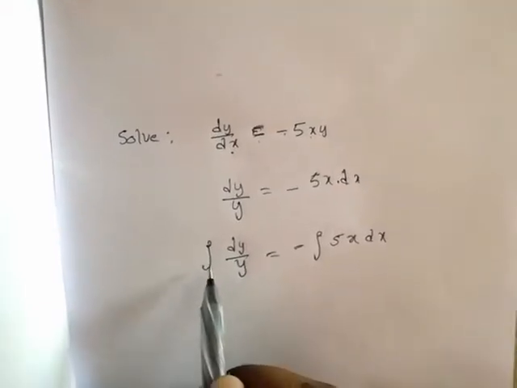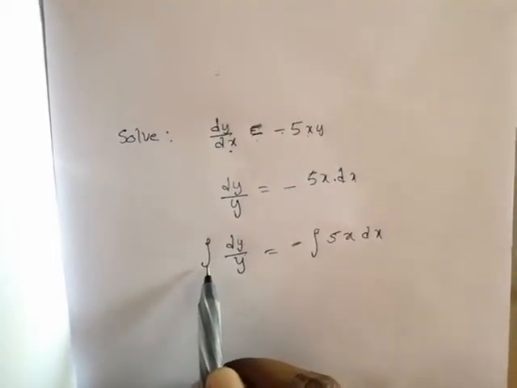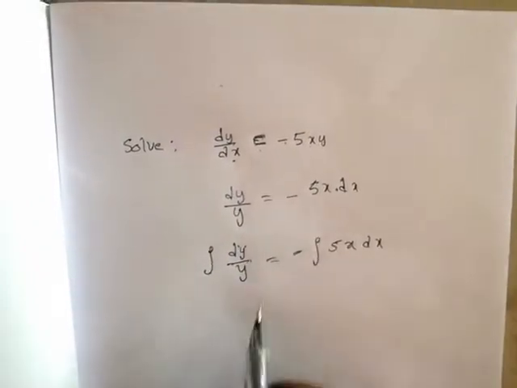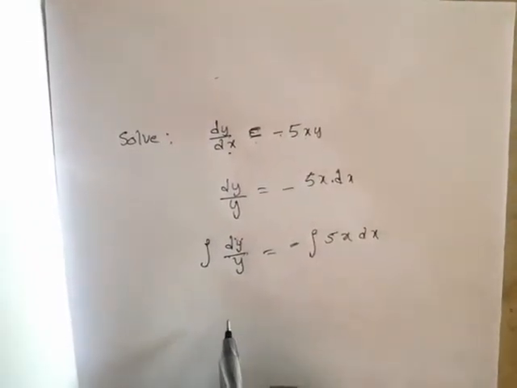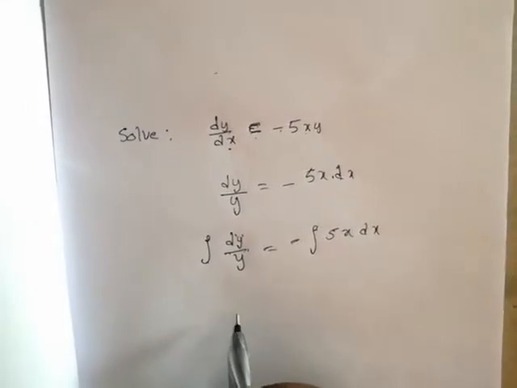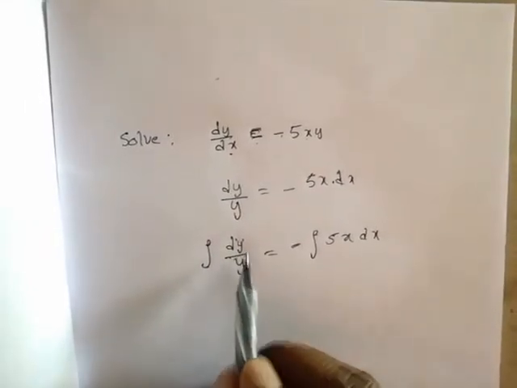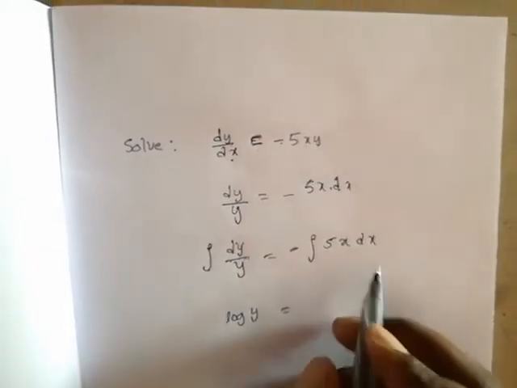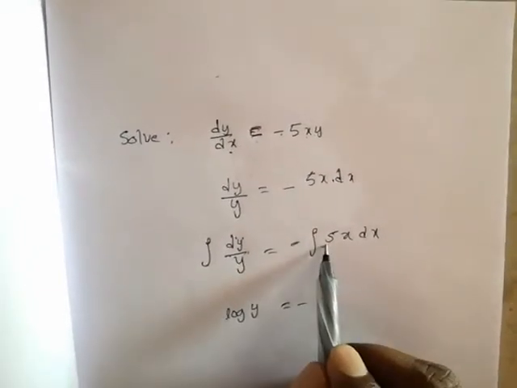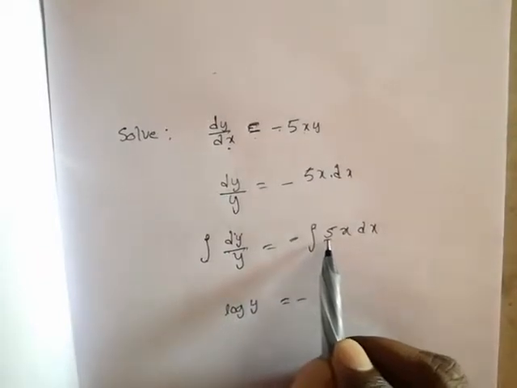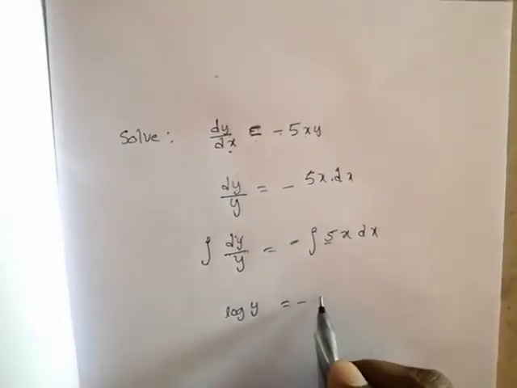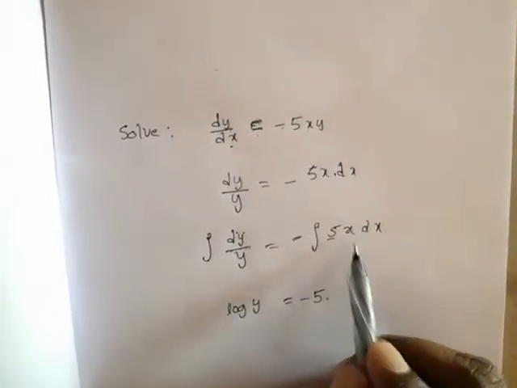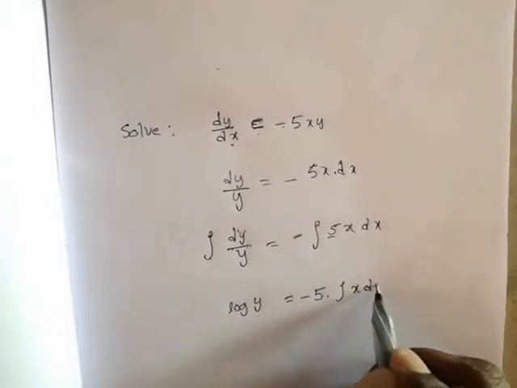Here, integral of dy by y: we know that integral of 1 by x equals log x, so integral of dy by y equals log y. That equals minus 5, which is a constant, so 5 can be taken out of the integral, 5 into integral of x into dx,